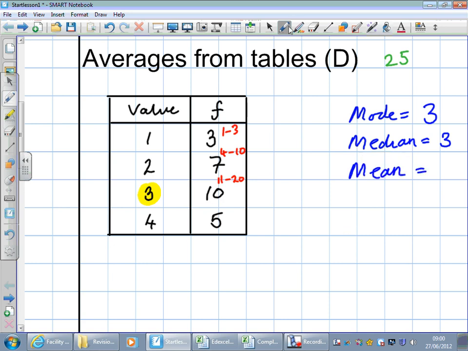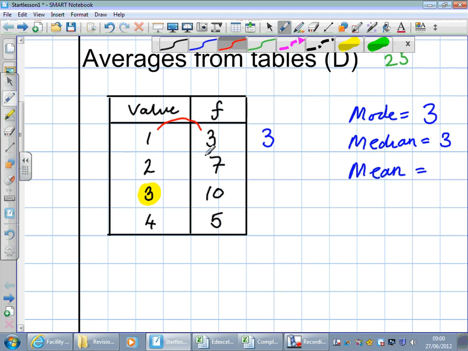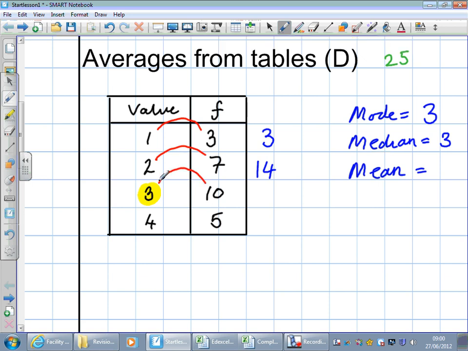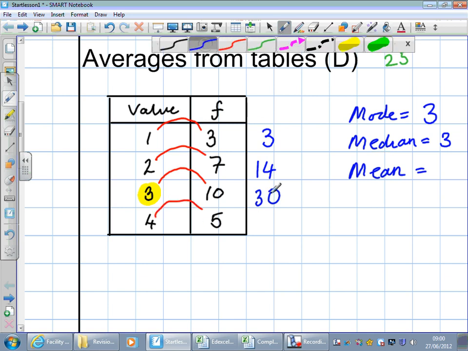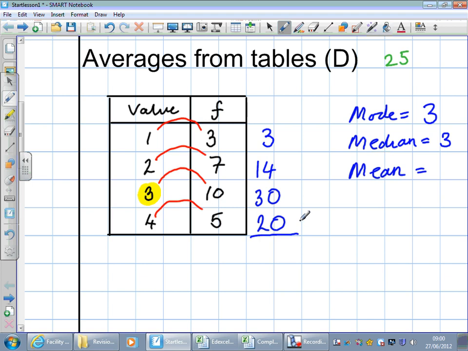Now, we're going to calculate the mean. Watch what I do. When it's in a table, I multiply the frequency times the value. 3 times 1 is 3. Write this down, please, if you haven't already worked it out. 7 times 2 is 14. 10 lots of 3 would be 30. And the 5 lots of 4 would be 20. My next step is to add them all up